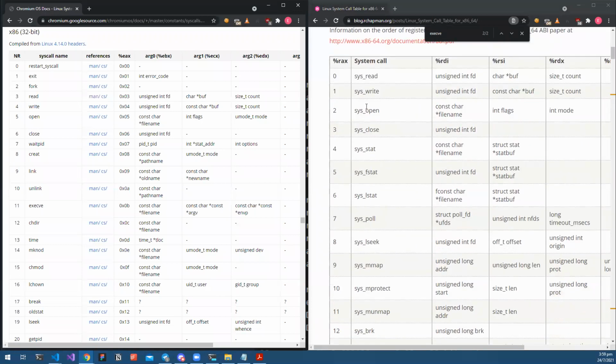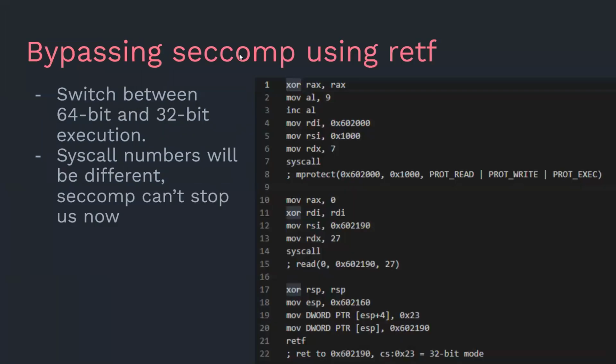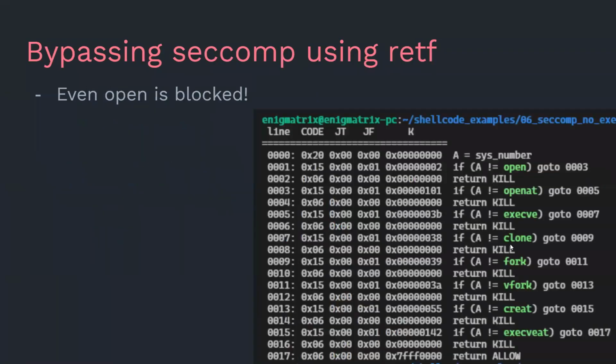From the get-go, already stuff is looking very different. Like 0 is weak here, right? But 0 is cisco, sorry, reset cisco here. Then for 32-bit, 5 is open, but for us, 2 is open. So since your syscall numbers are different, right? And your syscall filter will check only by the syscall number, and that syscall number is your 64-bit syscall number,